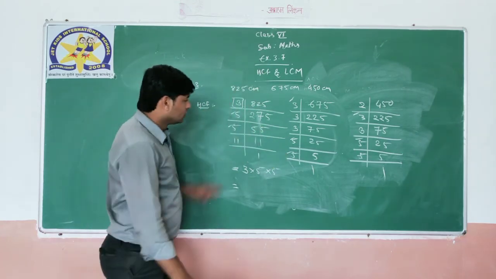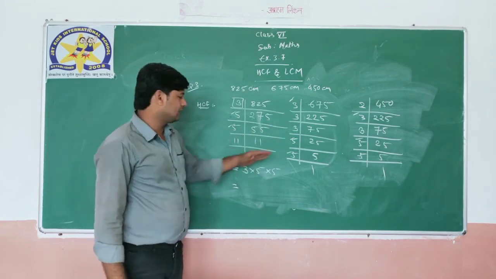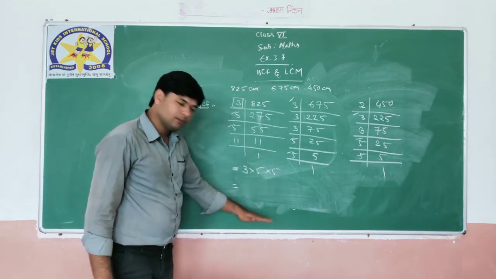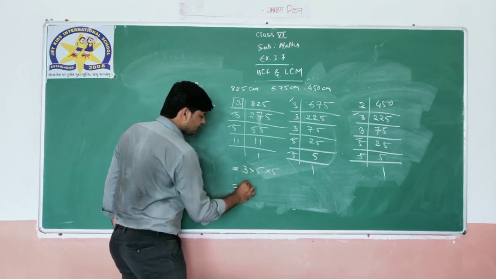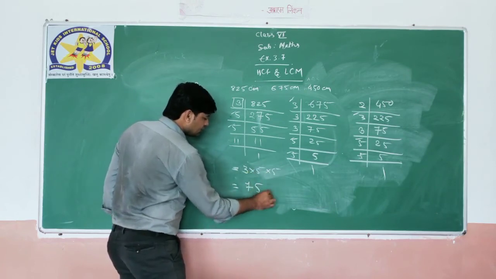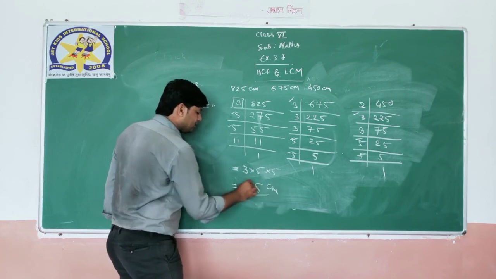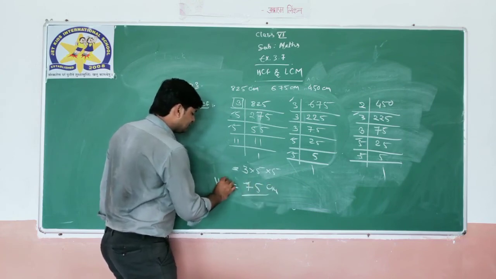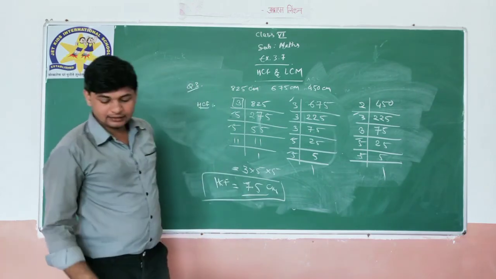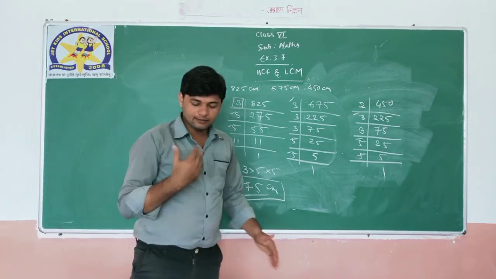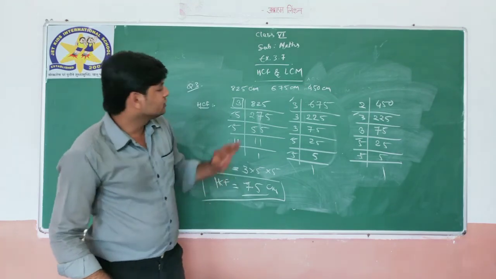No need, okay. I am going directly. You can write it step by step and you can get your answer. Okay, 5 5s are 25, 3 25s are 75. So a 75 centimeter tape, a maximum 75 centimeter tape is required to measure the length of the given room exactly. So this is our answer.